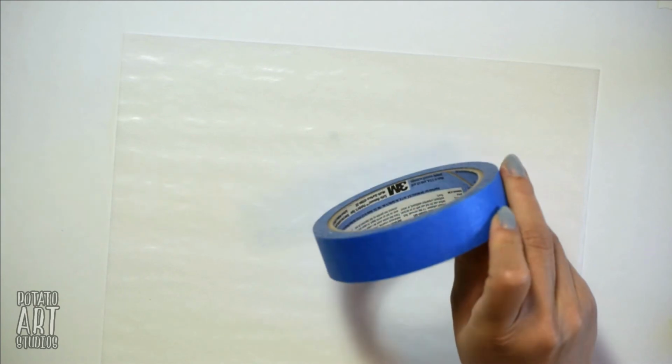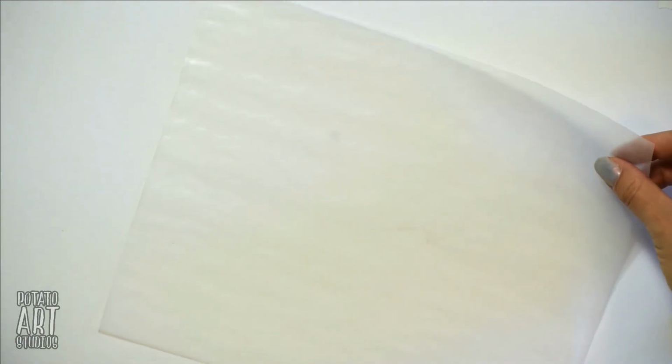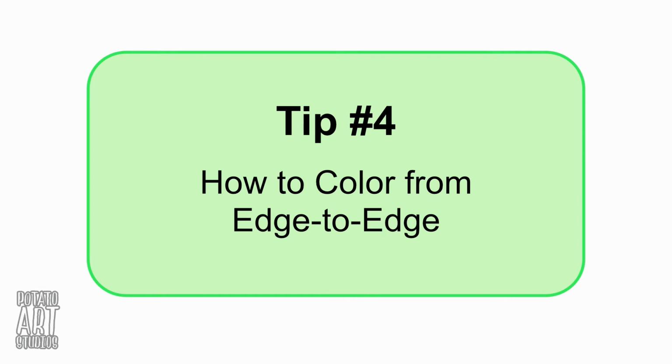And to move my sheet around, I'll either use painter's tape or masking tape to adjust the paper where I need it to go. And that was very helpful when I was working in the middle areas of the drawing where I didn't want to rest my palm on the drawing itself. I was doing a full background on my jellyfish drawing, so I was coloring the entire piece of paper from edge to edge. So as I was approaching the edges,